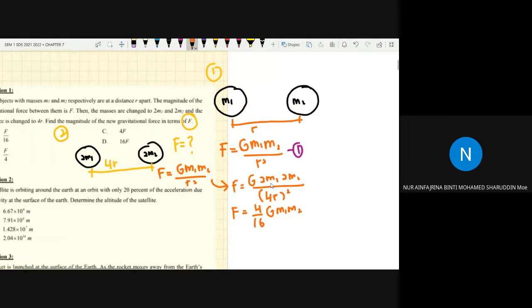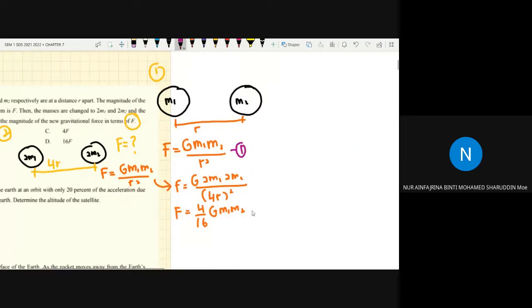Okay, what we're going to do, this is your second equation. Okay, this is your second equation. Okay, so Miss akan susun tak equation nombor 2 ini. Jadi FR squared equals to G M1 M2. Then what I'm going to do now is, dia minta apa